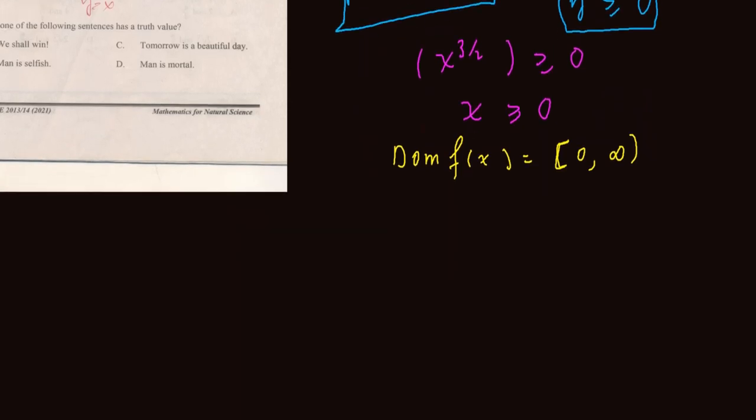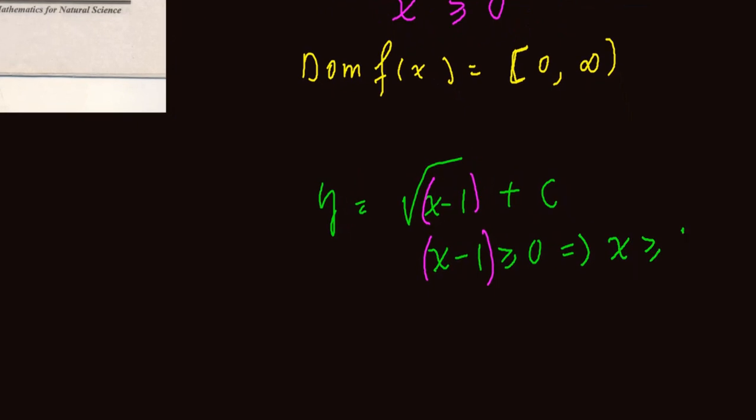ነገር ግን square root function ለምሳሌ y is equals to square root of x minus 1 plus some number c ከተሰጠን the domain is x minus 1 greater or equal to 0 አርጋችሁ ነው የምትሰሩት። square root ውስጥ ያለውን expression greater or equal to 0 አርጋችሁ ነው የምትሰሩት። then this will give you all numbers greater or equal to 1 ይሰጣችኋል። ስለዚህ ዶሜኑ የዚህ ፈንክሽን ከ1 እስከ ፖዚቲቭ ኢንፊኒቲቭ ይሆናል።